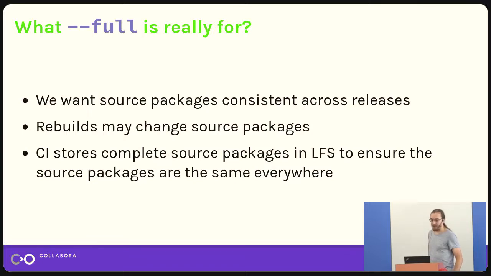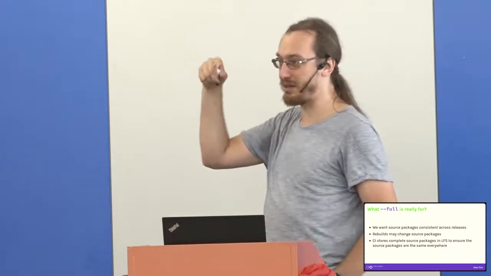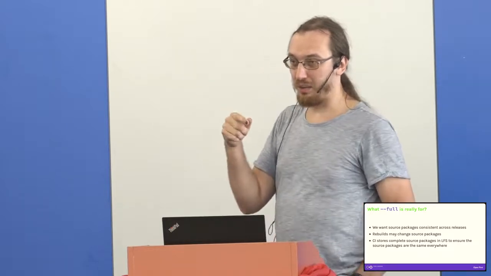So this full is useful, for example, for backporting. For example, in Apertus, sometimes we want to backport a version from one distribution to the previous release, and we want multiple distributions to share the package pool. For that to happen, we need to have the same bit-by-bit matching tarballs and Debian tarballs and other files. So the same machinery, once it's built the package once with this exact Debian revision, it puts